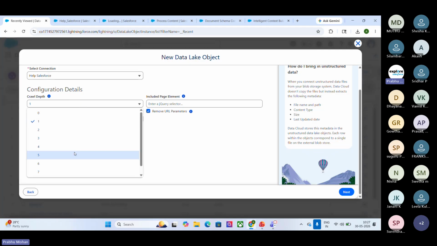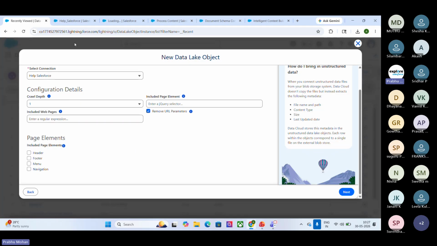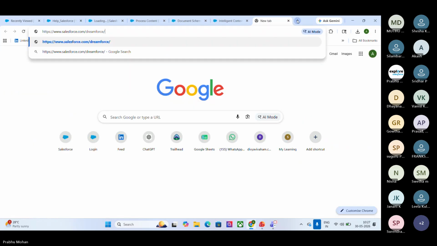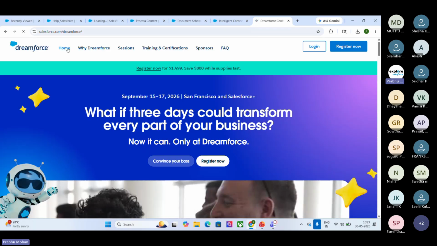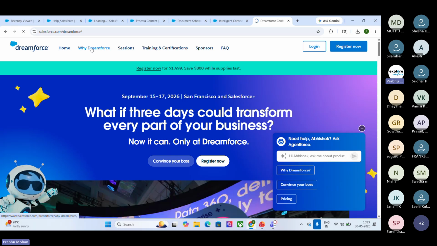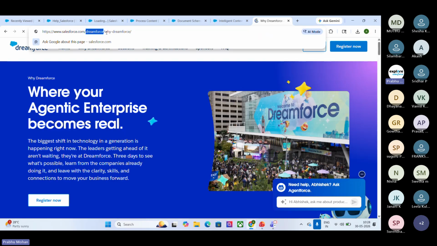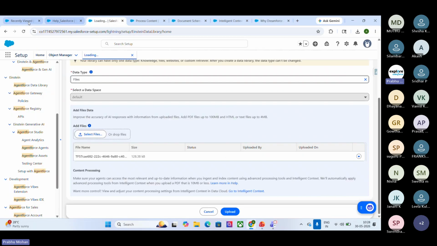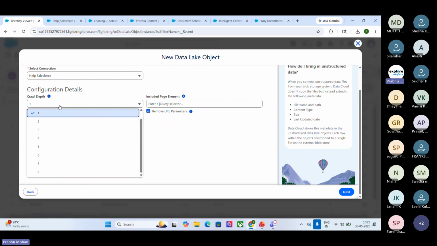The next thing is crawl depth. So to how many pages you need to get in. For example, if I go into the Dreamforce page, this is the first page, but if I click on home and go to Why Dreamforce, it will go inside the Dreamforce. Initially the page was Dreamforce, now it went inside Why Dreamforce. So you are traversing inside the page. The crawl depth will tell you what should be the limit of pages you need to get in